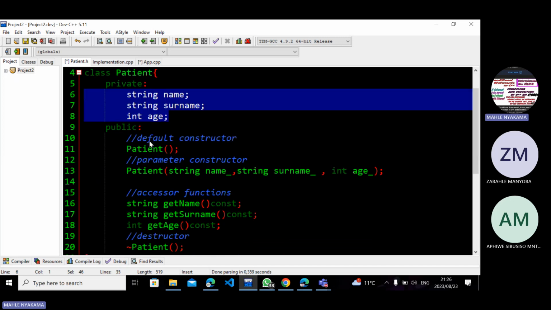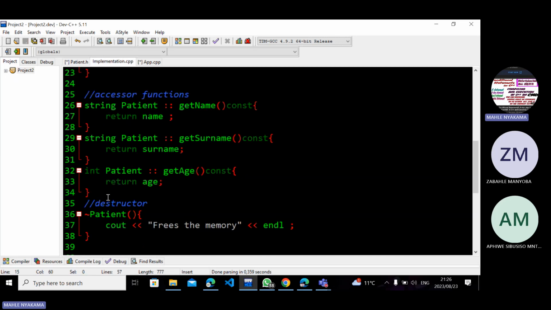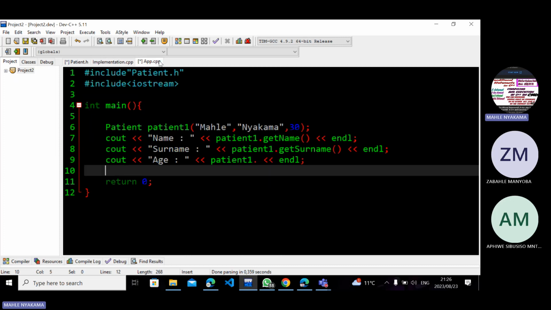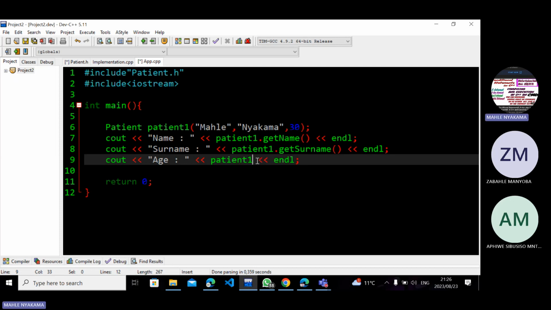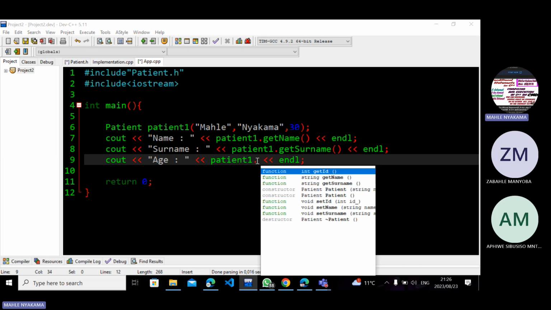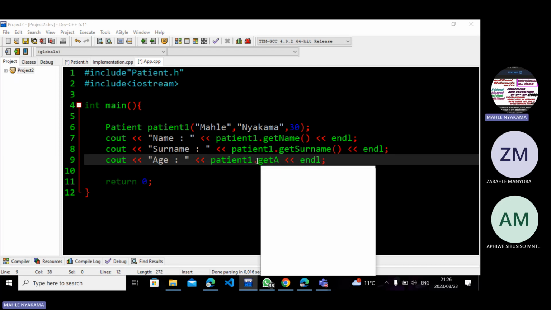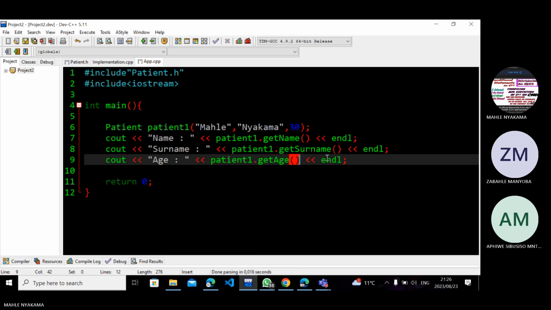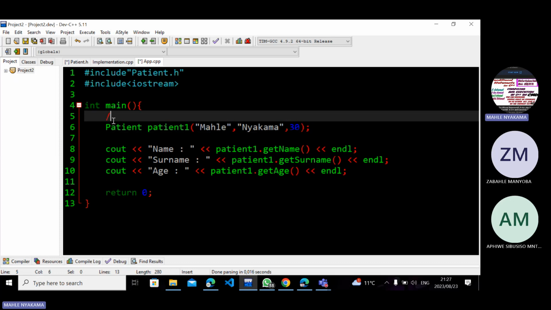So what about here? getAge is int getAge, yeah, and then I have patient.getAge. So this is where I'm declaring my object, declaring, instantiation. Let's say instantiation, yes, and then now